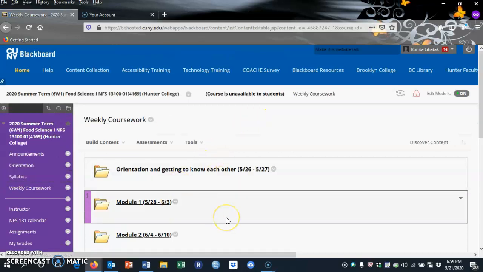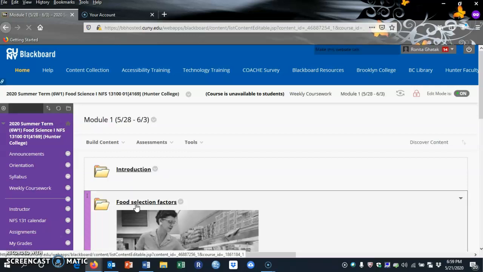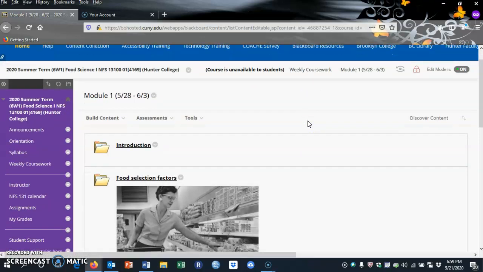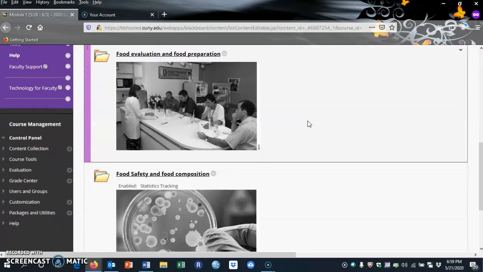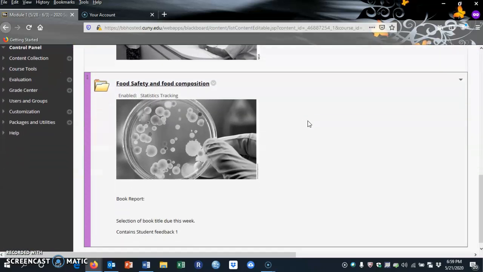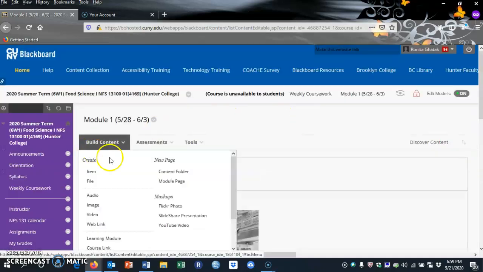All the modules are designed similarly, so I will explain about module 1. Module 1, as you can see, runs from 5/28 to 6/3. So you click on module 1. In module 1, it is divided into sections. You have introduction, food selection factors, food evaluation, food preparation, food safety, and food composition. So in the introduction,